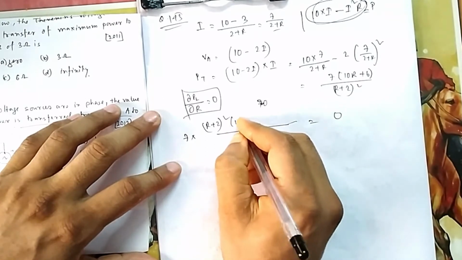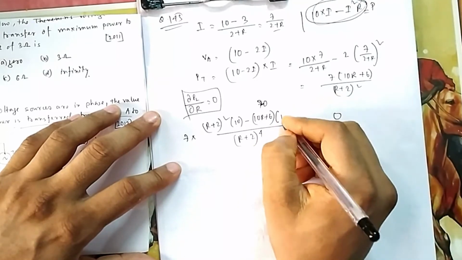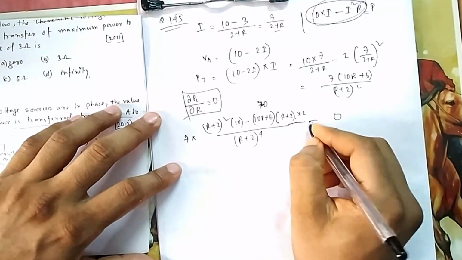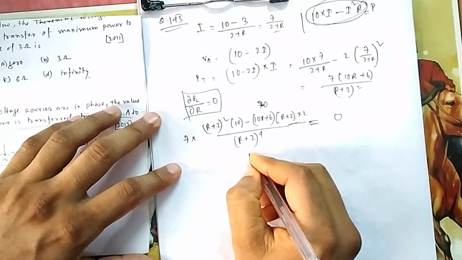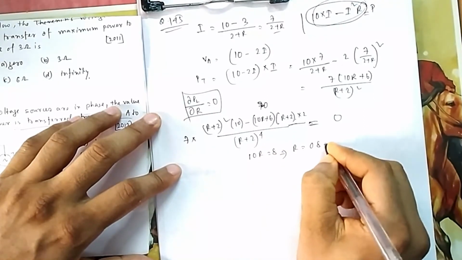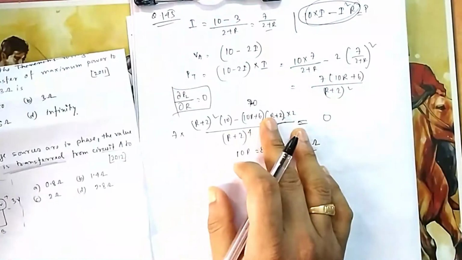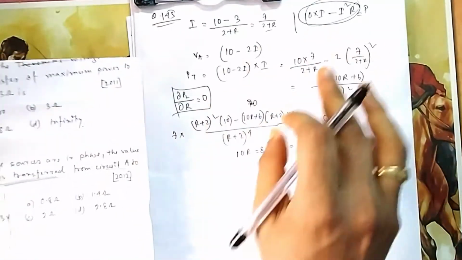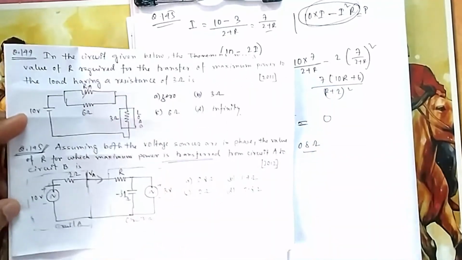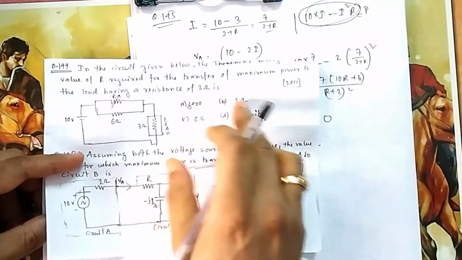So ultimately it will be 10 times R plus 2 minus 10R plus 6 times 2 into R plus 2. Finally if you do it, you will find 10R equal to 8 and R should be equal to 0.8. So this is a very classic example of Thevenin's theorem, the maximum power transfer theorem. The idea is to differentiate that power. Whatever power is transferred, you differentiate that power. If you are not getting any concrete result from differentiation like this, then think why, or you can play with the options also.